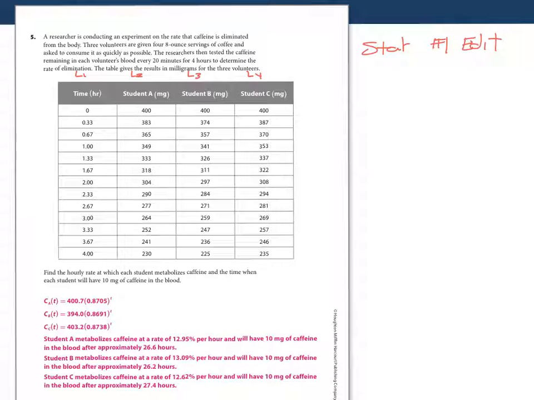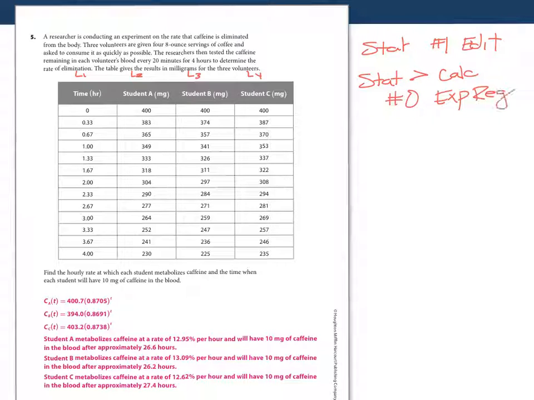Now, after you've done that, you can generate equations for each of the individual students. The way you're going to do that is after you've input your data, you're going to go back to your main screen. Again, you're going to go to the Stat button. You're going to go right arrow to Calc. You're going to go down to number 0, which is like number 10, and you're going to select